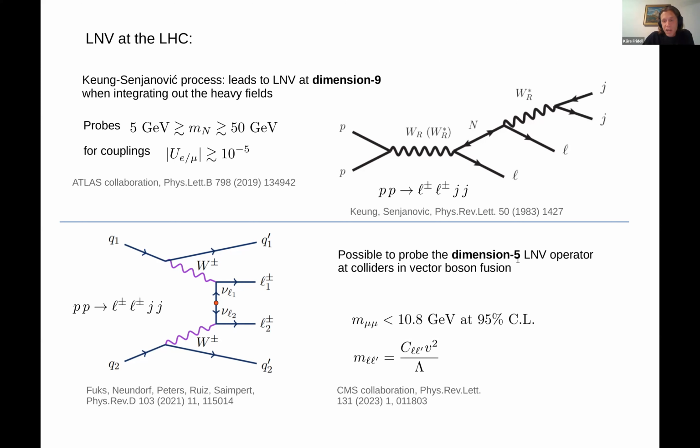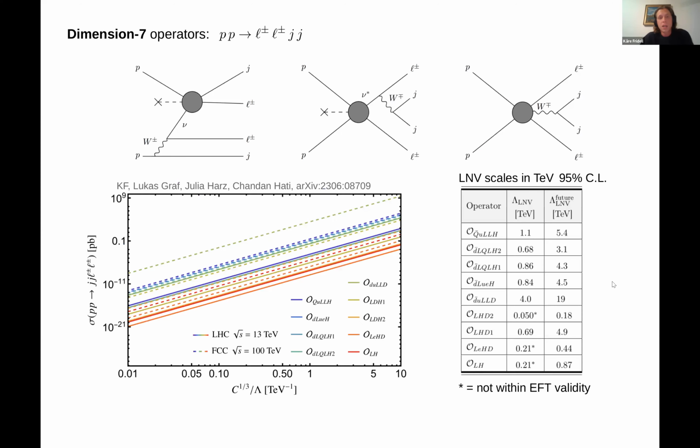So dimension 5 is the lowest dimension operator you could have in lepton number violation. Then what we did was to look at the second simplest case, which is the dimension 7 operators. So we have the same overall process, proton-proton to same sign dilepton and dijet. But instead of having only a single operator, the Weinberg operator, we have many different operators leading to many different diagrams. So I'm showing 3 example diagrams here for some of the operators which are listed here. I can show these explicitly later if you want, but I don't think that's important for the context right now.